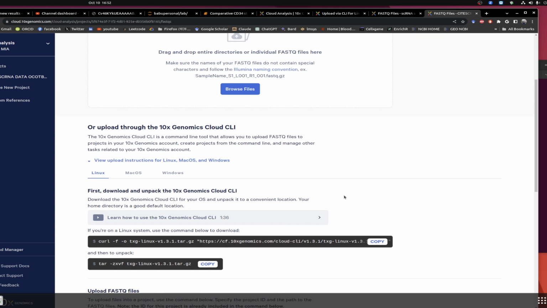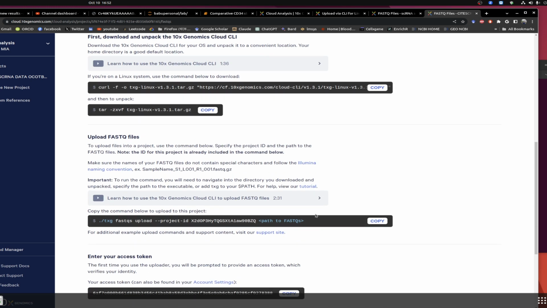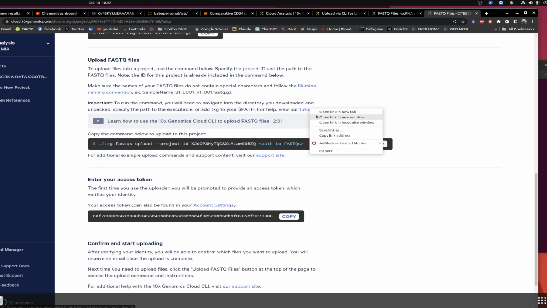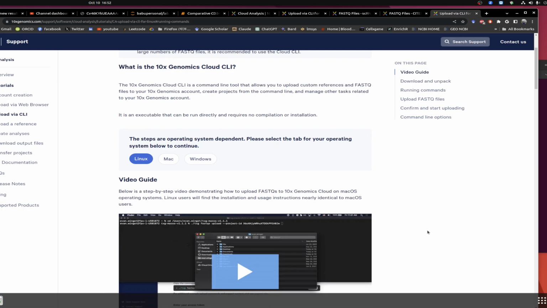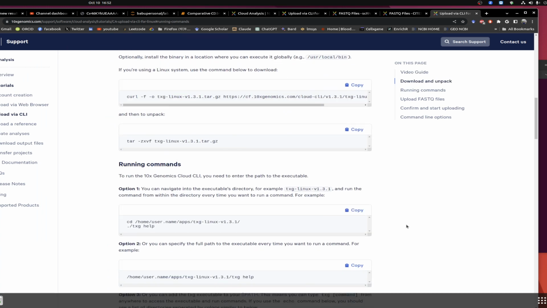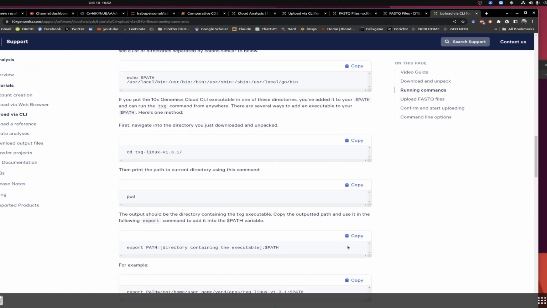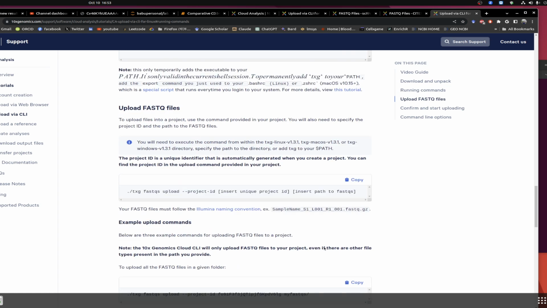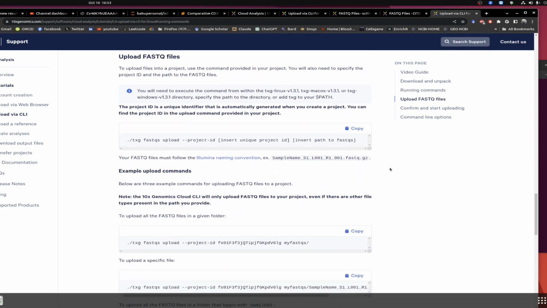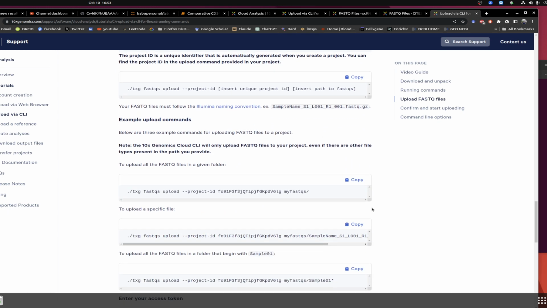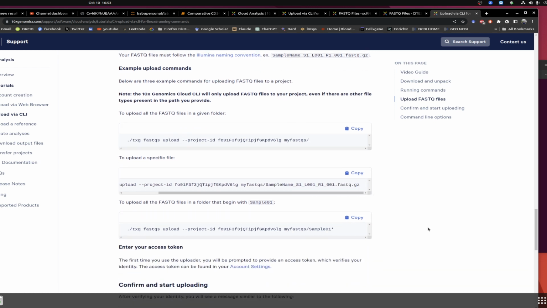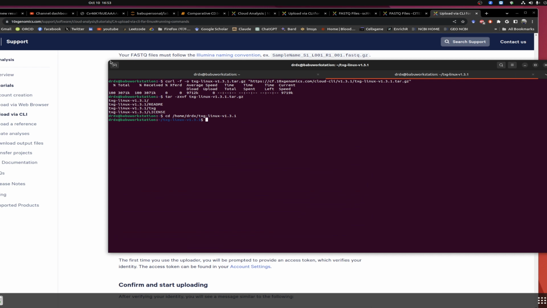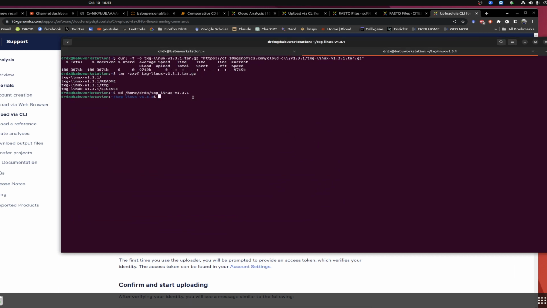So if you go in here and look for the tutorial, we'll say this is the tutorial. They have the PDF tutorial also to upload it. Within here, we want to upload the entire folder of the FASTQ files for one specific study. And to do so, in here to upload the FASTQ files in a folder that begins with something, we'll optimize it for ourselves. We go in here, paste this code,